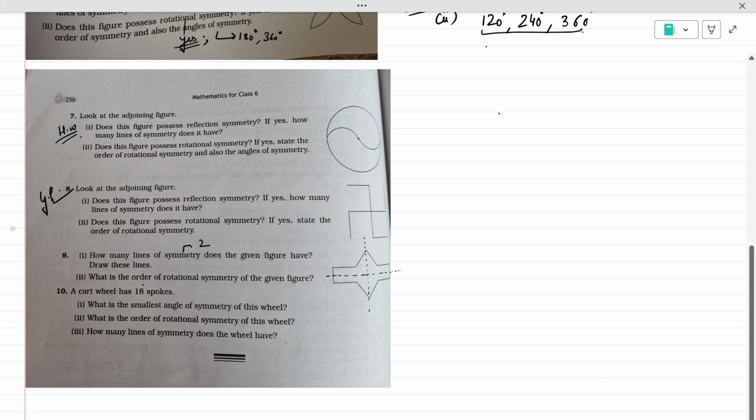Now, what is the order of rotation symmetry of this figure? For this, I am erasing these lines first, and I'm taking red color, kids, and I'm making a center of this figure here. So this is the center. If I try to move it across 90 degrees, then we will have this rectangular shape here. So that means we will not have the